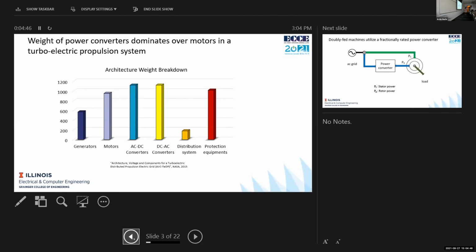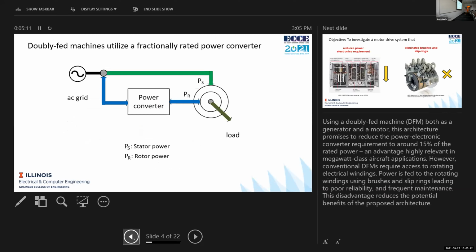And what we see is that for the single drive architecture systems, if we try to compare the weights of the motor versus the weight of the power electronics, this is a study done by NASA on turbo-electric propulsion aircraft systems. And it indicated that the weight of converters actually dominated the weight of motors. So when we are designing the system holistically, we have to look at both the weight of motors as well as the weight of converters. And that's why if we go for a Doubly-Fed machine, we can actually reduce the size